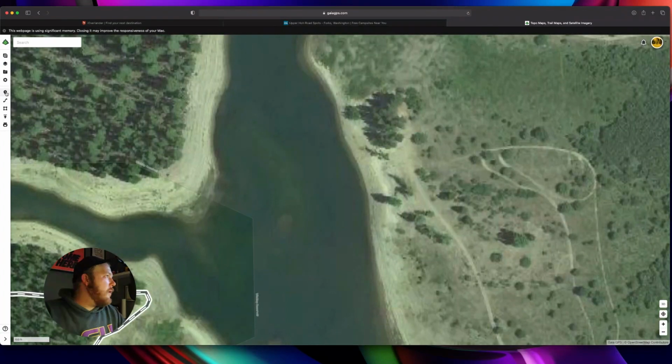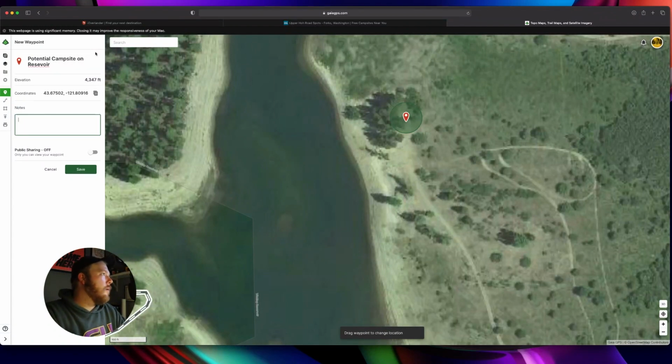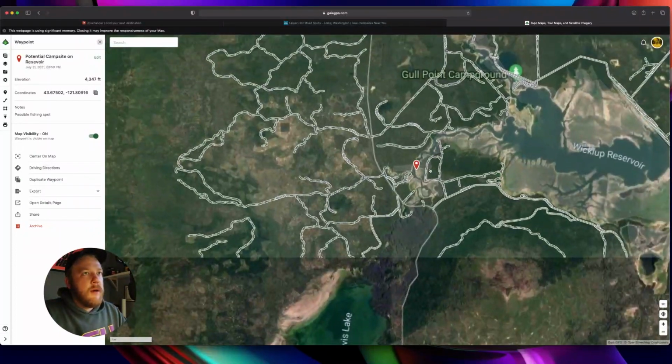So I'll come over here, click a waypoint, and say potential campsite on reservoir. And then I'll note possible fishing spot. So typically what I'll do is this for 30 minutes or so